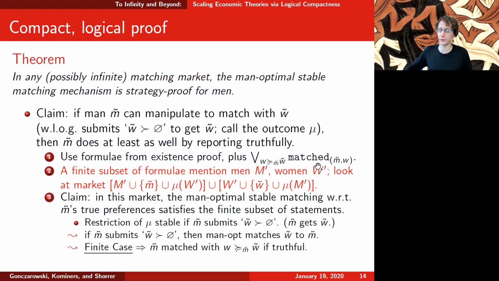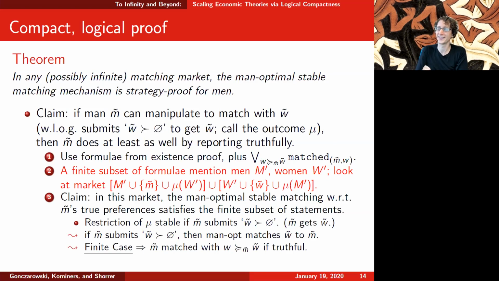We ask about relative comparisons to a given object. Just like here, where we're asking, is this man better off? You can ask, for any given man, are you weakly better off than some given fixed partner? And because the set of women you might prefer is finite, these become finite substatements. But find me a stable match and look at partners that might